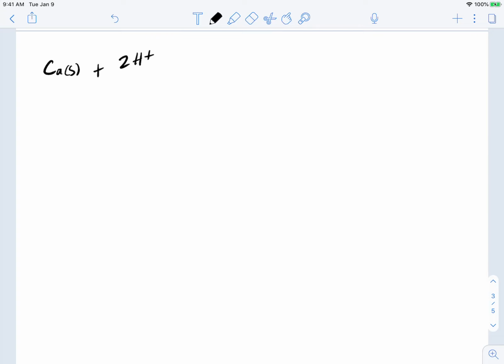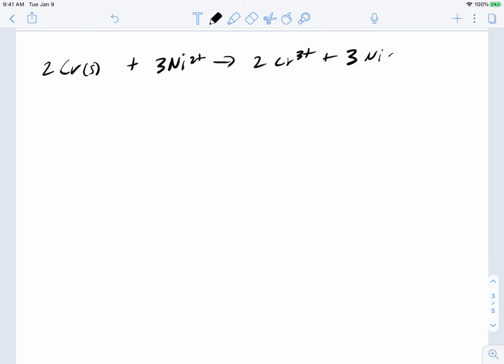This is already on. I already did one. Let's do another one. Let's see if we can find one that... Well, let's just do the one that we already wrote down before, at the beginning, that was 2 Cr solid plus 3 Ni2+ goes to form 2 Cr3+